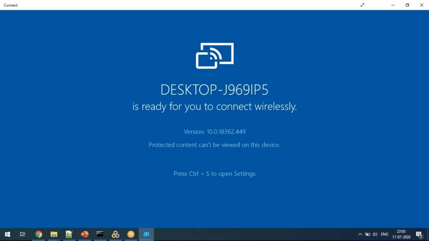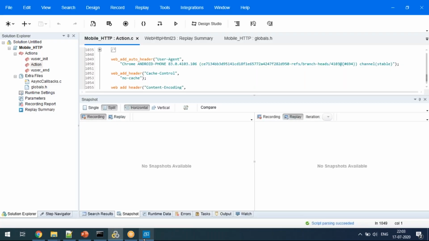See, this laptop and the mobile are already on the same Wi-Fi network. In that, I did a proxy connection change in my mobile. And I made this LoadRunner tool a proxy server. If I click the start button here, whatever I'm doing in the mobile will use this as a proxy server and the internet will work. That is how the architecture works. I'll explain the architecture on Monday. Don't worry.